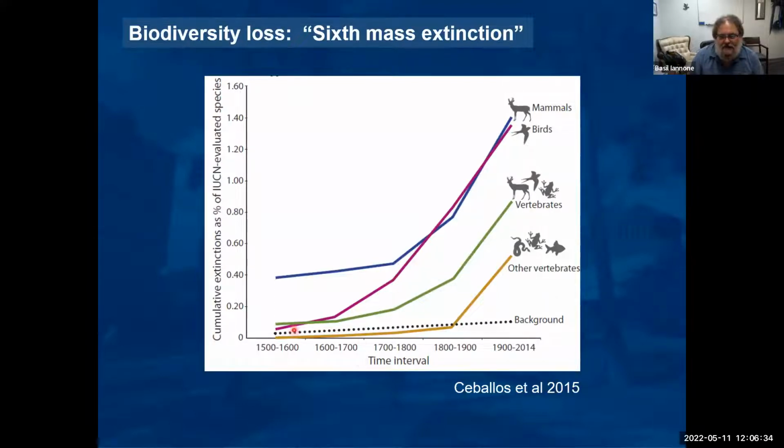And this dotted line right here is showing the fossil record, what extinction rates in the fossil record over time as a control, I guess, or a reference point. And what we see is since the 1500s up until present times, extinction rates have increased over 100% for vertebrate species. And of course, this is happening for all types of species on our planet.